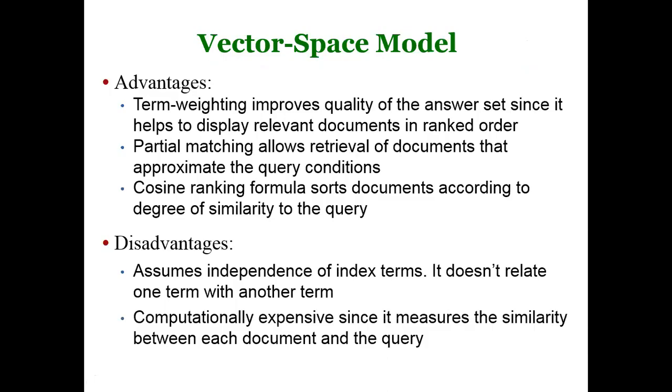What's the advantage of the vector space model? It applies all our criteria. Term weight is non-binary. Partial matching is applied using the similarity score, using cosine similarity. Then the ranking principle is applied using best matching. But one of the disadvantages observed in vector space is that it takes every term as independent for representing every document. It doesn't see their relationship. Still, that is under study. For example, the Bayesian belief network is nowadays attempted by different scholars.